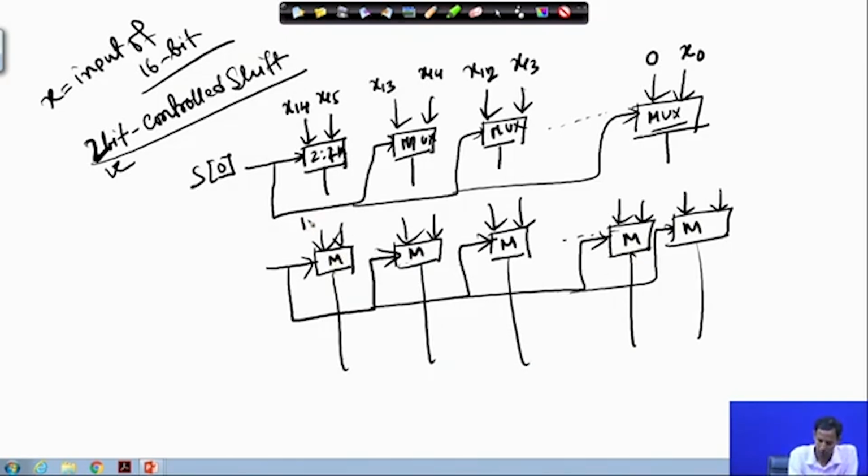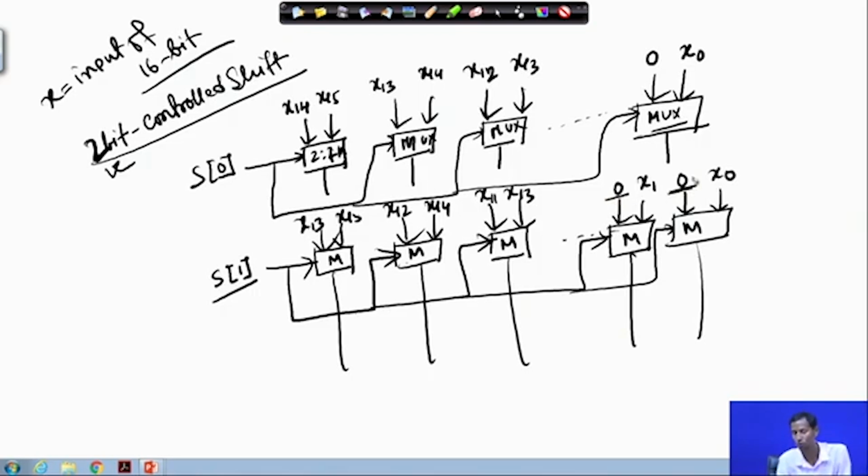So, at that time what will happen? This will be x13, x15, this will be x12, x14, this will be x11, x13, this will be 0, x1, 0, x0, and this is for x1. So, whenever I need 2 bit shift,